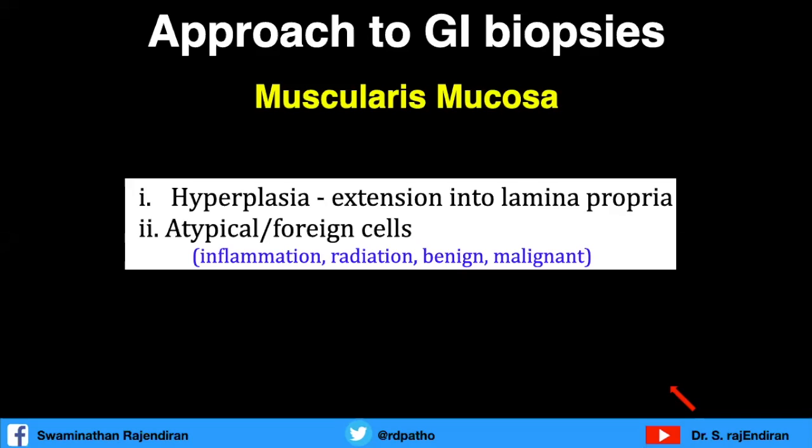So we are done with surface epithelium, we are done with the glands, we are done with the lamina propria. Now we are moving to muscularis mucosa. The only 2 things in muscularis mucosa: hyperplasia, where it extends into the lamina propria. We already talked about it. It is seen in biliary reflux or NSAIDs, or you have to look for atypical or foreign cells in the